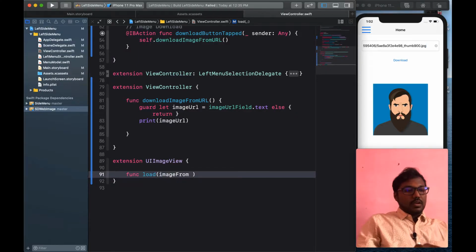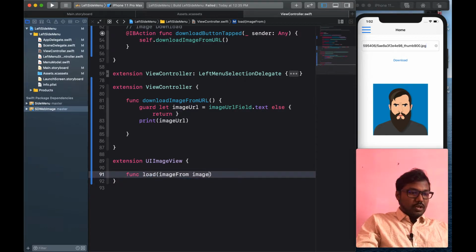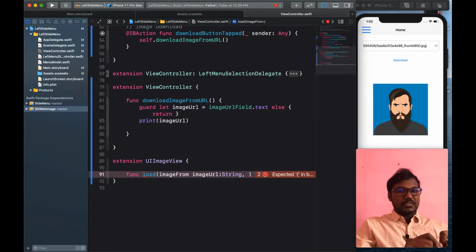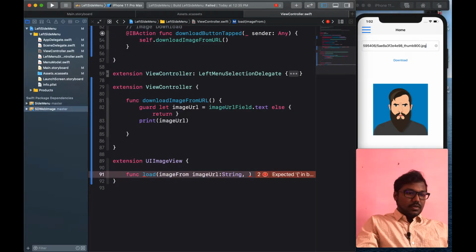The parameters are the image URL string, as well as an optional placeholder image, which we can set as a local image string.